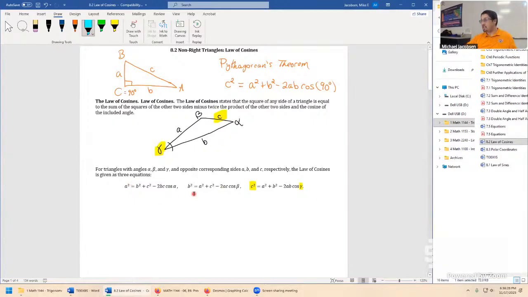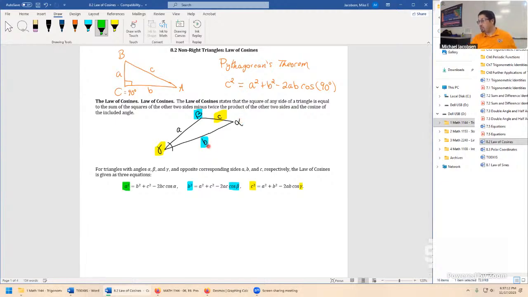On the second equation over here, it says if you want to solve for side length b, you would take b squared, and cosine of beta occurs, and you're using the included sides, a and c, with angle beta in the middle. So these two would go together. And notice that's where your a squared, c squared comes into play, and then minus 2ac cosine beta. Whether we're calling them alphas, betas, or maybe something else entirely, maybe just an x, it's all about the relationship, taking an angle and the opposite side, much like law of sines, but now it's just a different equation. Really just an extension of Pythagorean's theorem is a great way to think about it.